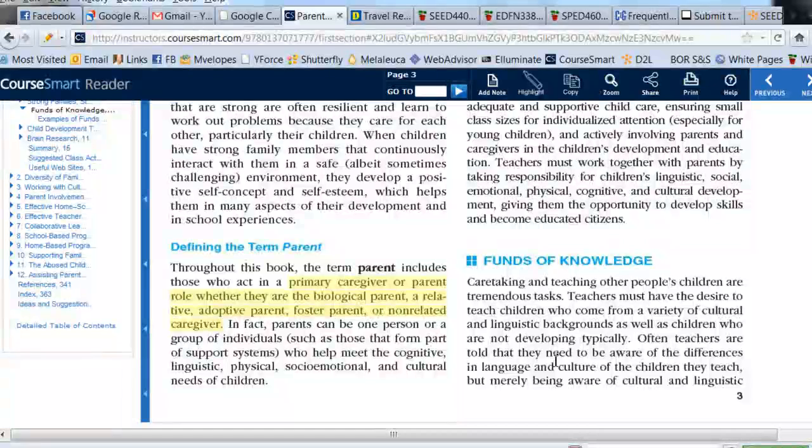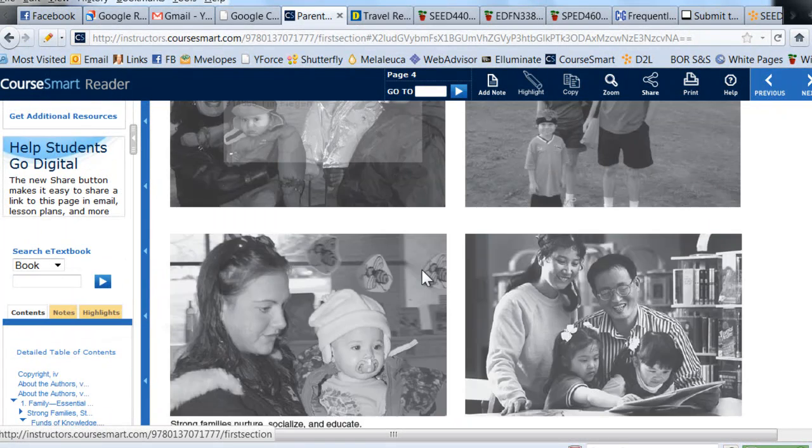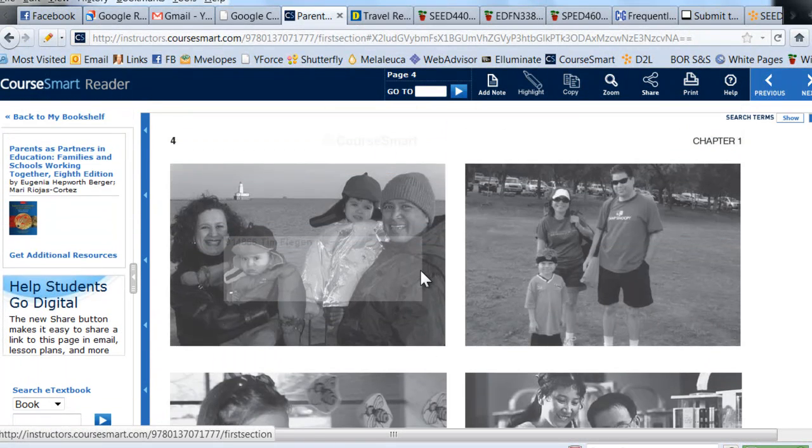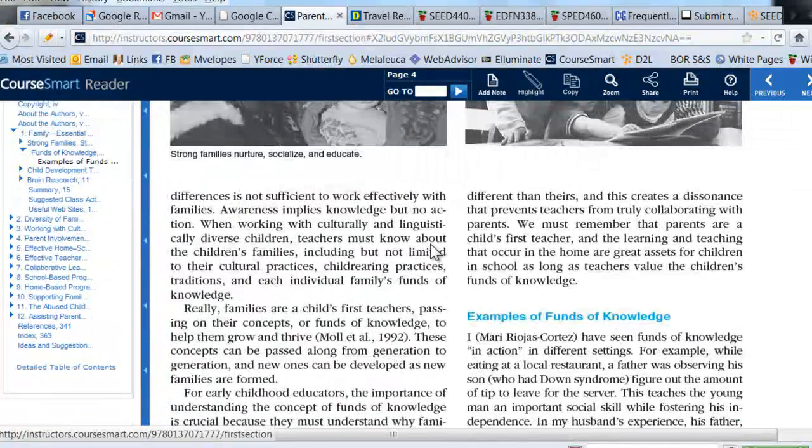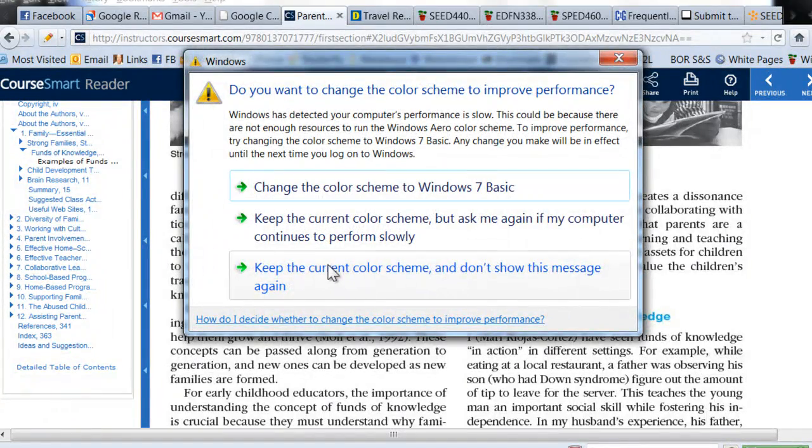She talks about what it is. Often teachers are told they need to be aware of the differences in language and culture and that type of thing, and that's true. But even within cultures, and these are great images here of families, of how they can look so different in different cultures. But here she goes, this awareness implies knowledge but not action. When working with culturally and linguistically diverse children, they must know the families, including but not limited to their cultural practices, child rearing practices, traditions, and each individual family's